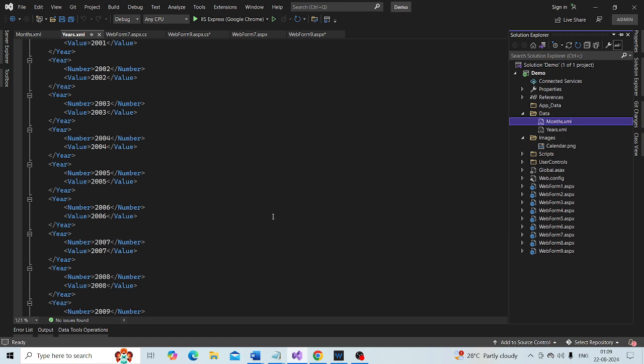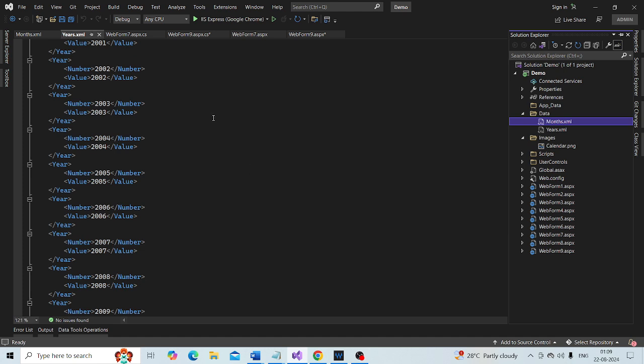So how do we read data from an XML file? The simplest way is to use the DataSet.